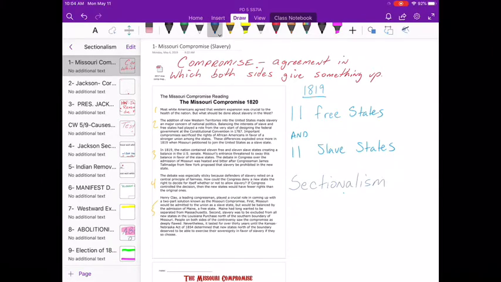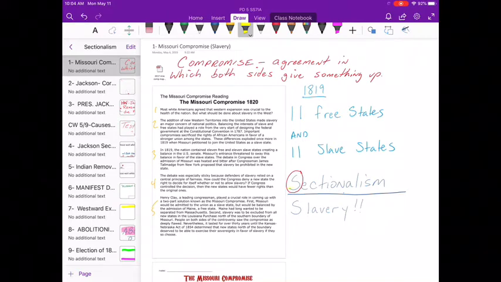One of the things I talk about with sectionalism is the S. One of the biggest reasons for sectionalism in the United States that will eventually lead to the Civil War is slavery. When you look at the word sectionalism, you see that root word section. So when you think about the United States in sections, we're going to draw a simple United States